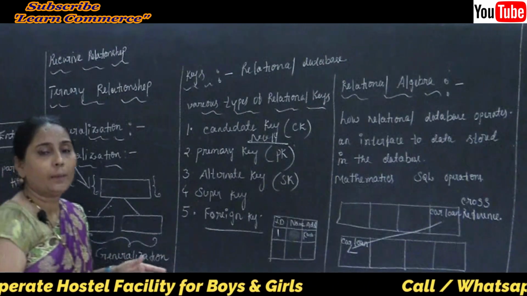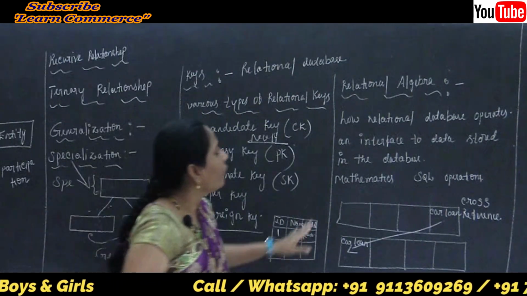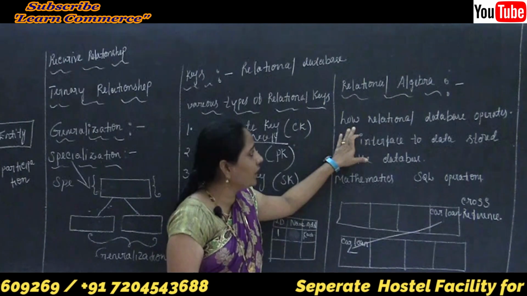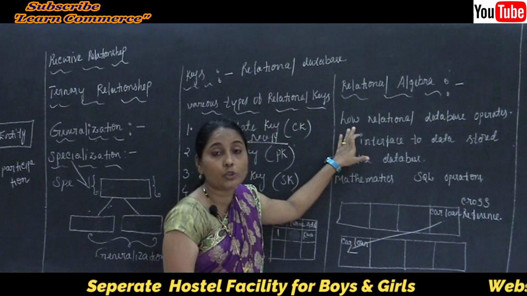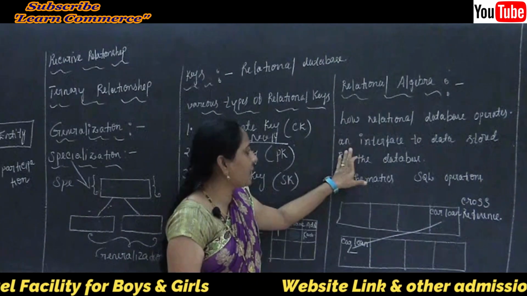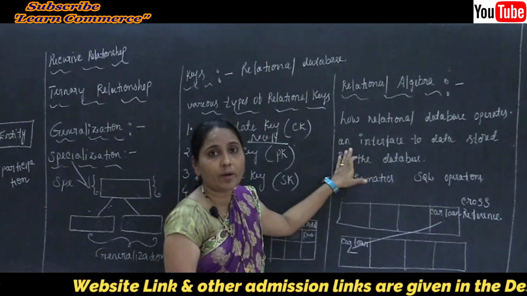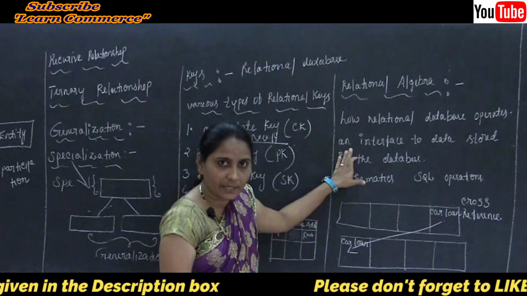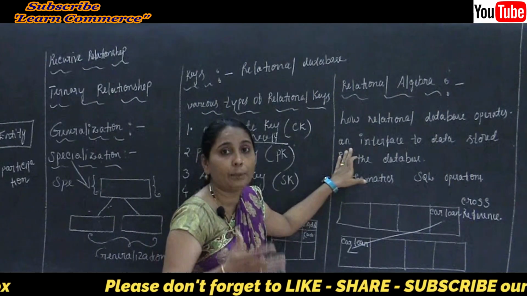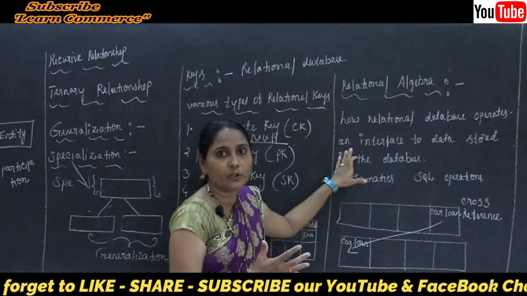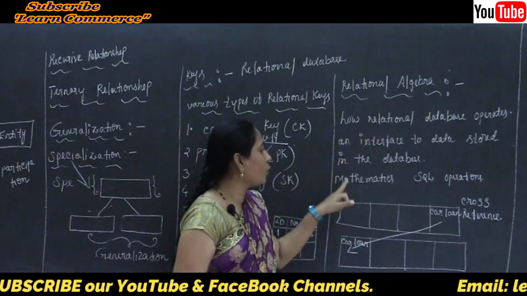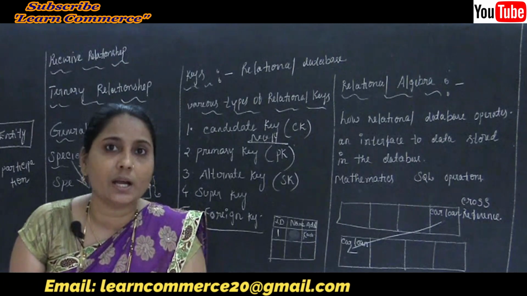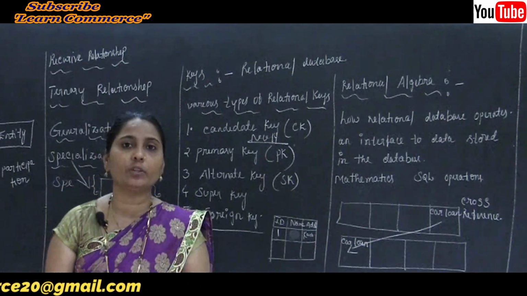Clear this point about relational algebra here. We can say relational algebra is the formal description of how a relational database operates, how the table is going to make the operation. And the second thing is how it makes the operation. Because whatever data is stored in our database, some connection is there between the data. Because of this reason it makes some operations. So we use some operations, the mathematical SQL operations, to make the connection from one data to another data.